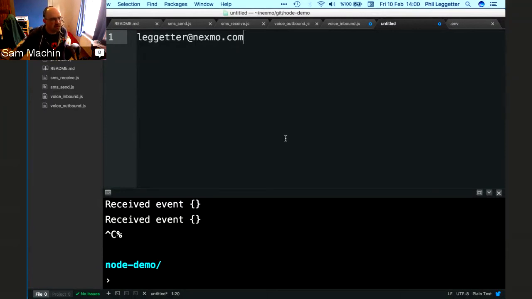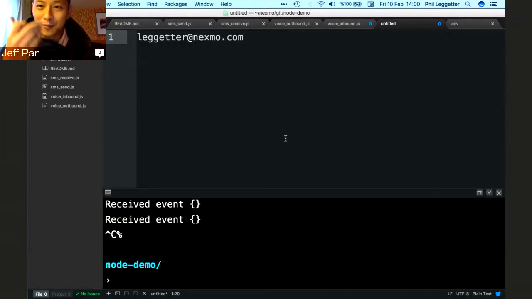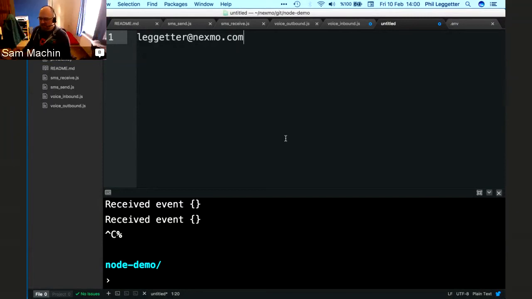Okay, so then the deliverability issue is based on the carrier, not necessarily on the API then? Well, not so much. It's really based on the